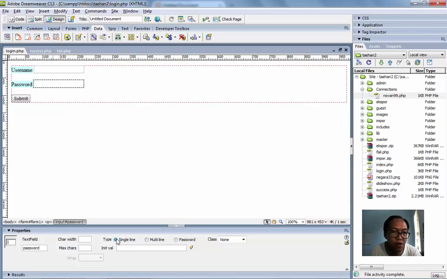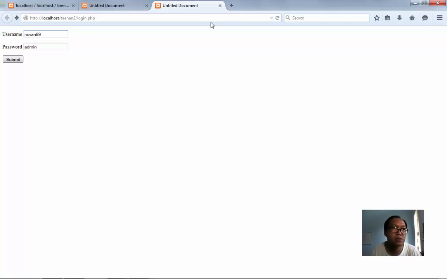The default for the field is the single type, and if you want to change the format to the star format, you can click password and save it. Then refresh it again, enter Novan99, and voila, there is a star password, so no one can see your real password here. Okay, and you can submit.